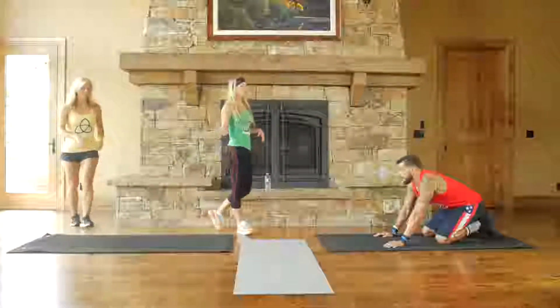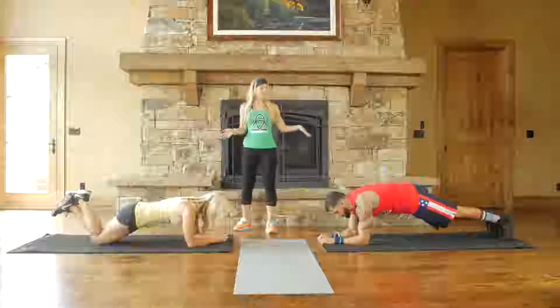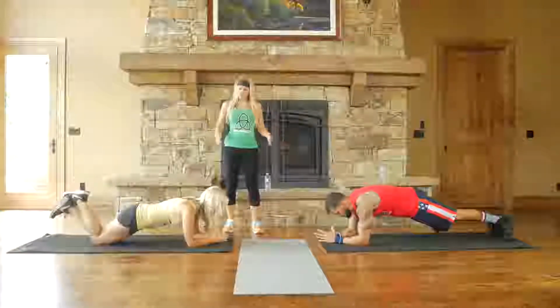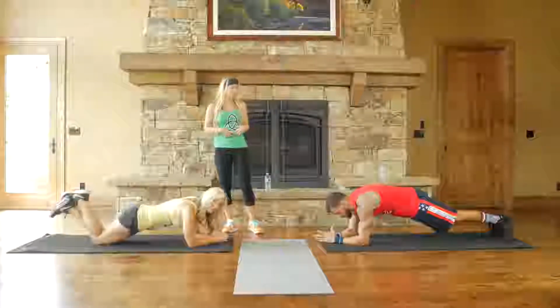So this is a plank against the wall, which is what the green level is going to be doing. Yellow and red are going to be doing planks similarly. The only difference is yellow is going to be going on their knees, while red is on their feet. And what you're going to do is just like you see here, their backs are flat, their butt is down, they're resting on their forearm, they're holding themselves up with their shoulders and with their core, really squeezing that core